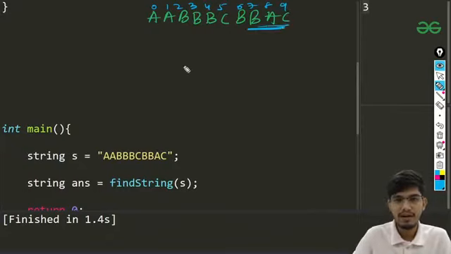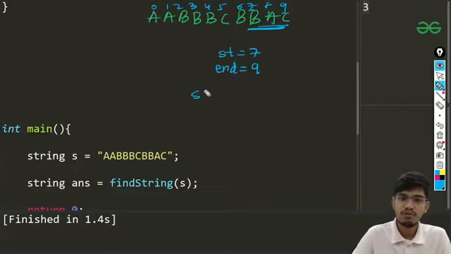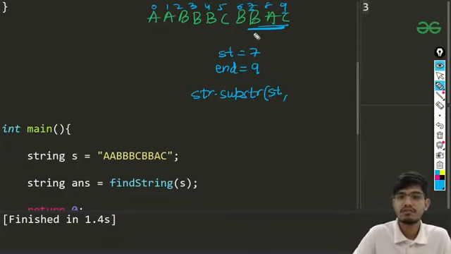So how will I be writing it? I need to get the start point, I need to get the end point. So I'll be having start as 7, I'll be having end as 9. Once I'm getting that, we know how this substring function works. Substring basically asks for the starting index. For example, in this we'll be getting start, so it will start from 7, and we need to mention the length for this substring.